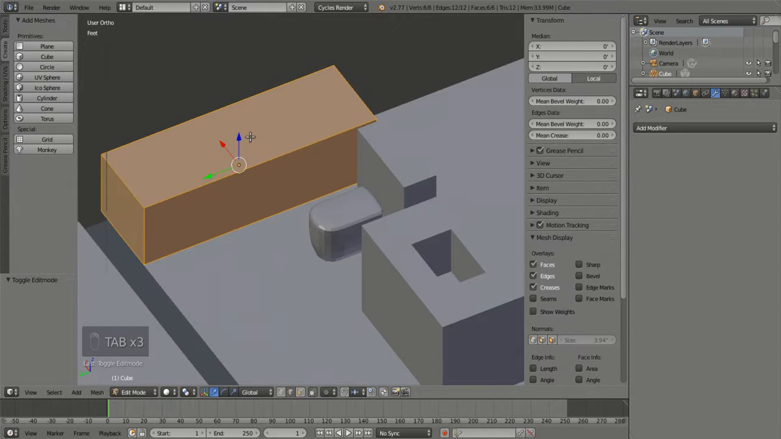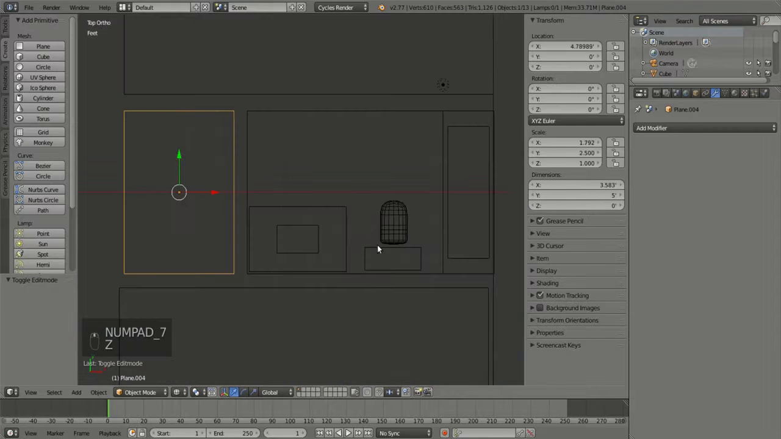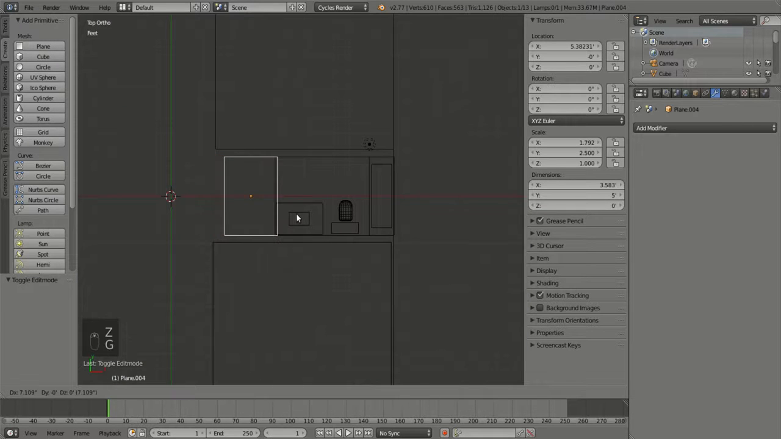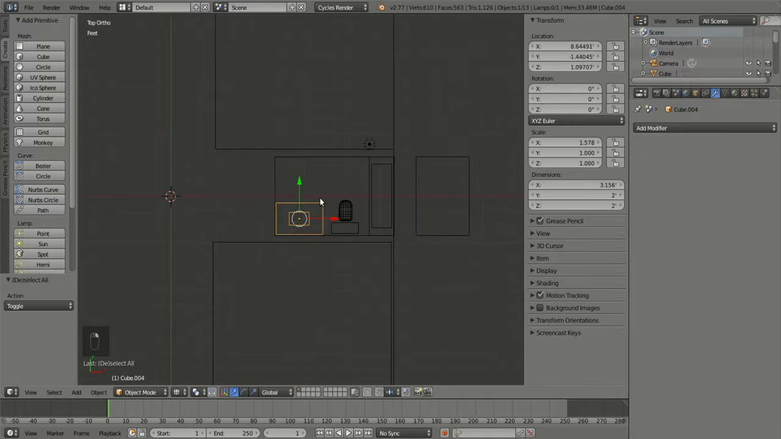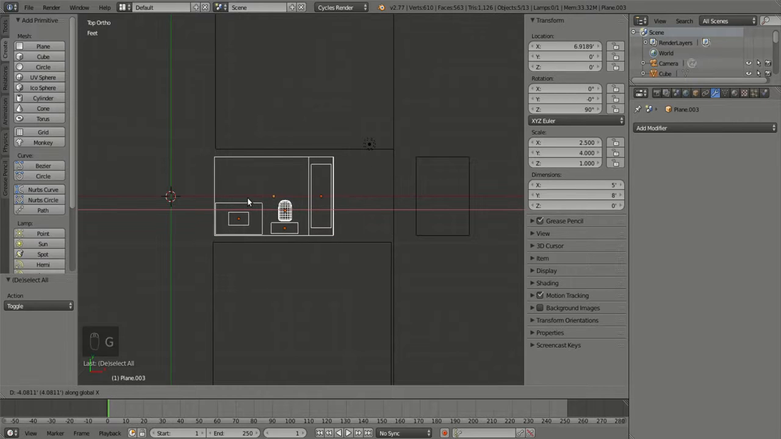So, tab to edit mode. That looks like a tub. If we do this, GX, so we'll just do this by hand. Here we go. GX. Alright. Now,